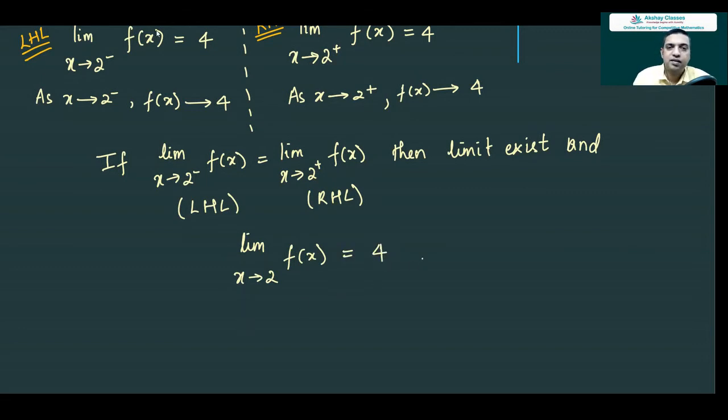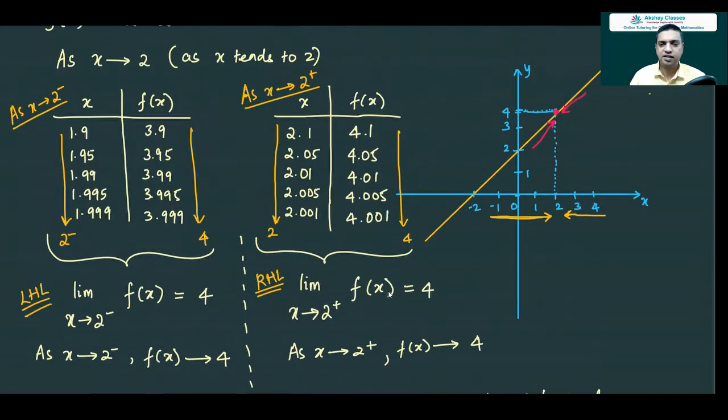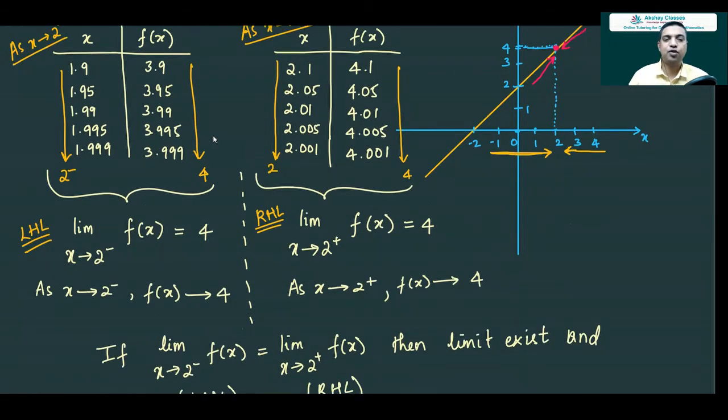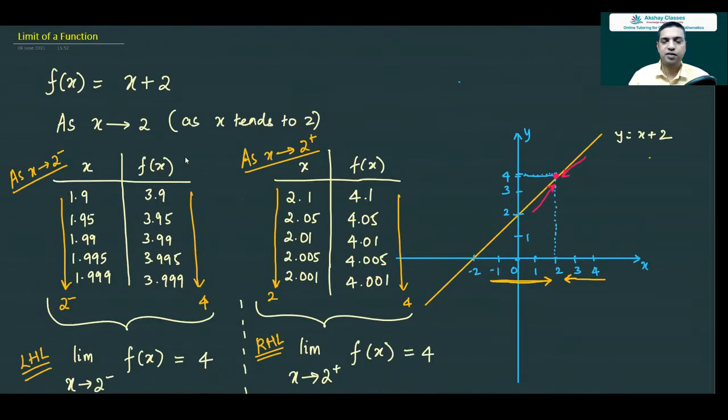So in this particular case it is equal to 4. This is the fundamental concept of limit said in a very simplistic and easy manner. For any function, if I am approaching a particular value in x, what value does f of x approach? F of x may not be equal to that value, but f of x is approaching that value. Sometimes, for a constant function, it can be equal to that value. So this is the fundamental concept of limit.